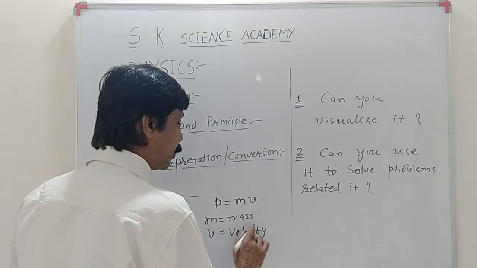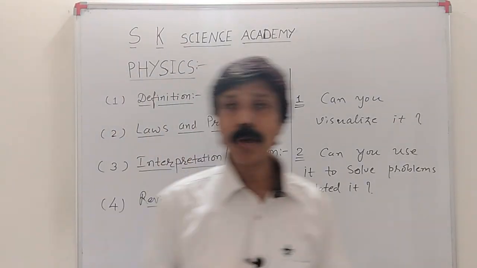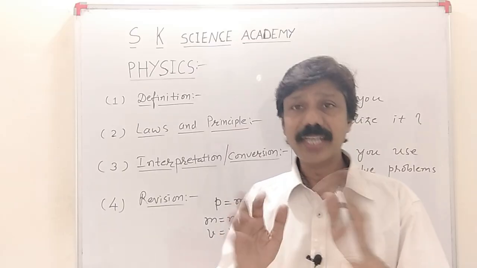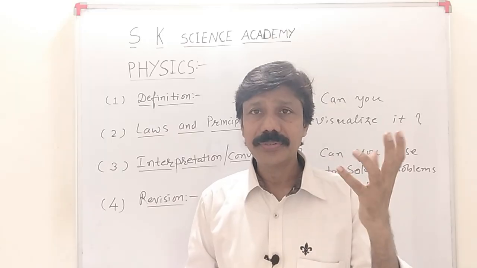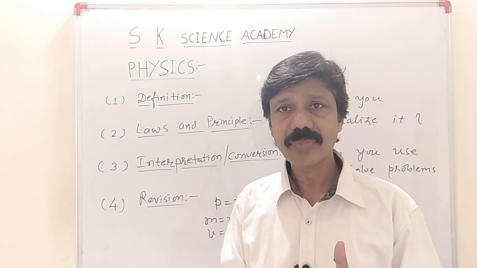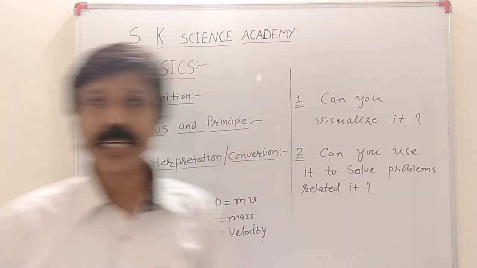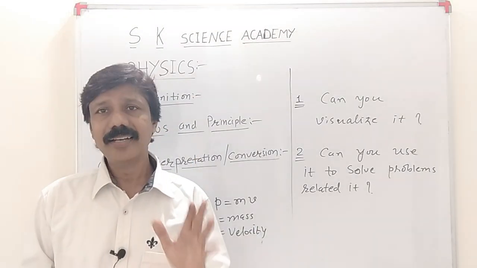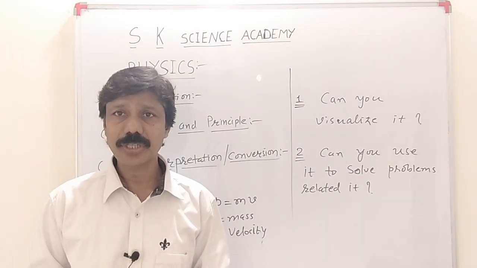Here, don't just remember that the product of mass and velocity is the momentum, but be able to create a picture related to it. For example, there are 2 bodies you must think of: one bicycle, another car, and both are moving with the same velocity. Which has the larger momentum, which has the greater value of momentum? You must be able to think about it. If you can do this, then you understood it. There are many examples we will discuss during the discussion of physics.